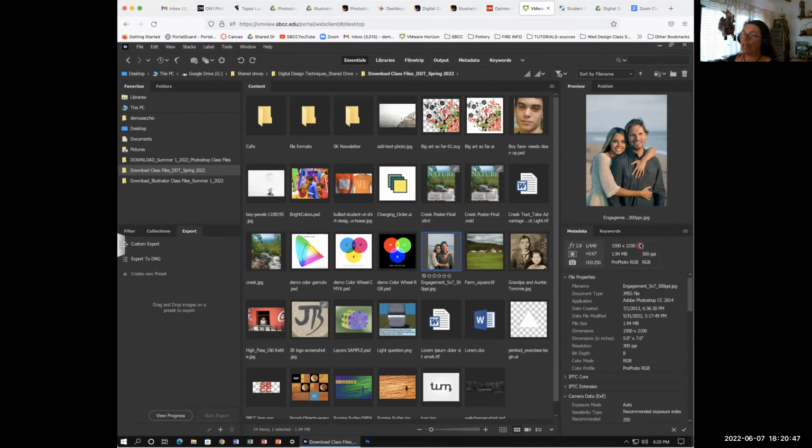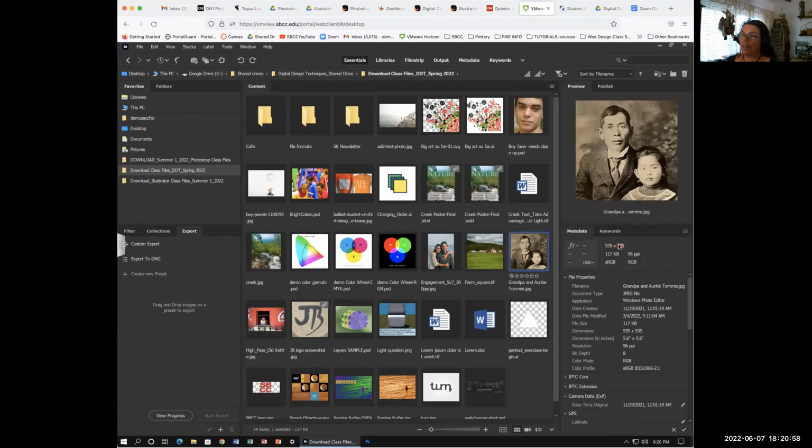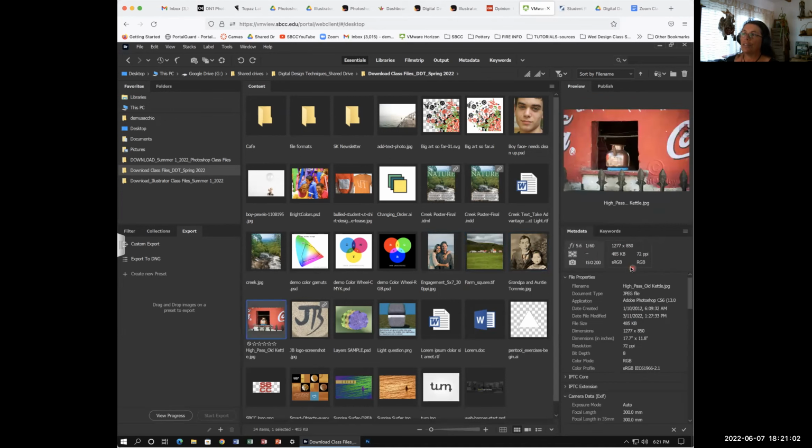I see that it says 1500 by 2100. That's the number of pixels that this image has. And if I click on this next one, it says 1200 by 1200. This one, on the other hand, says 500 by 500. Okay. This is also a very low resolution, 1200 by 800. So whatever information is here is going to inform us whether this is an image that's going to work for whatever output I'm interested in